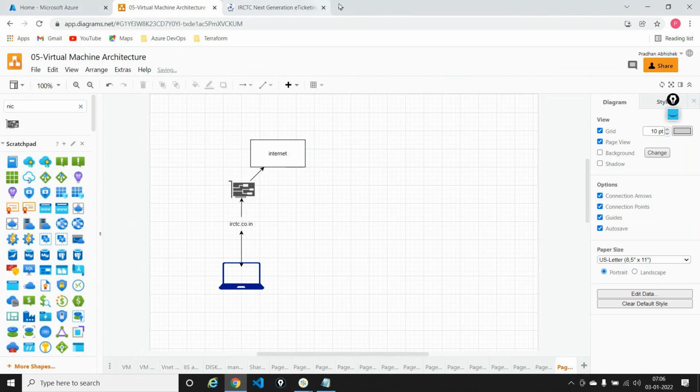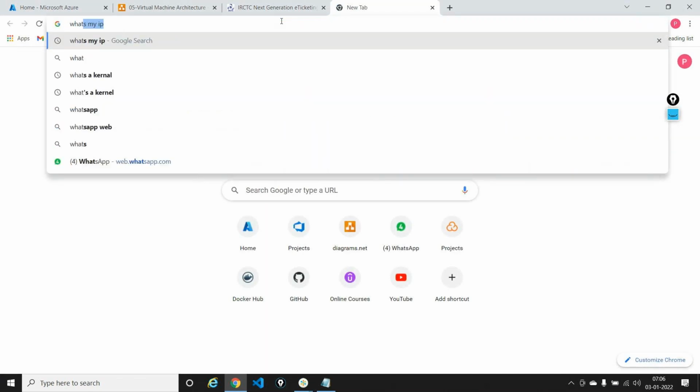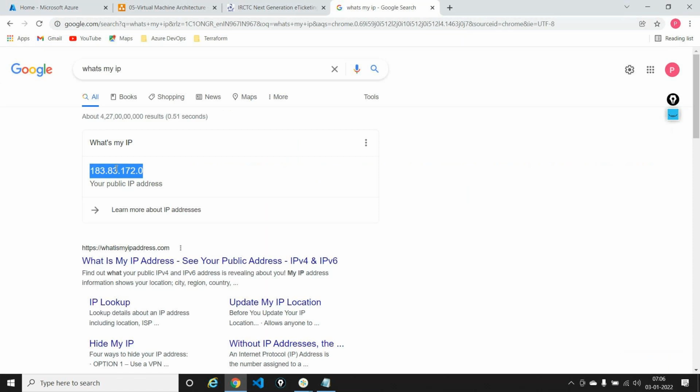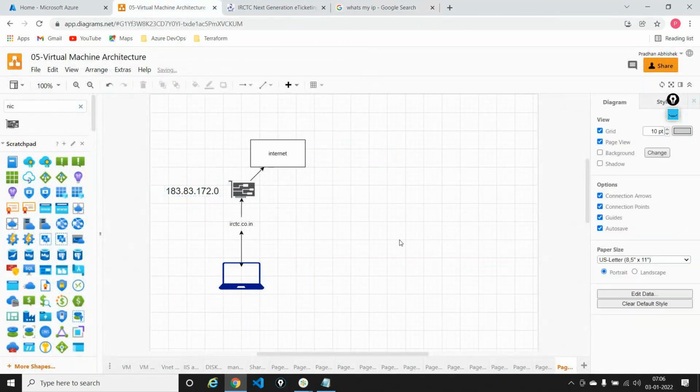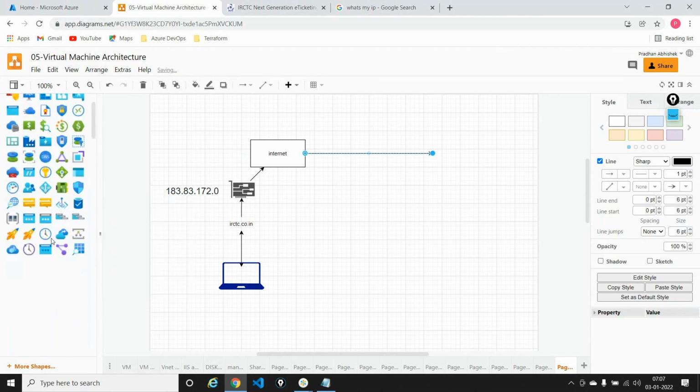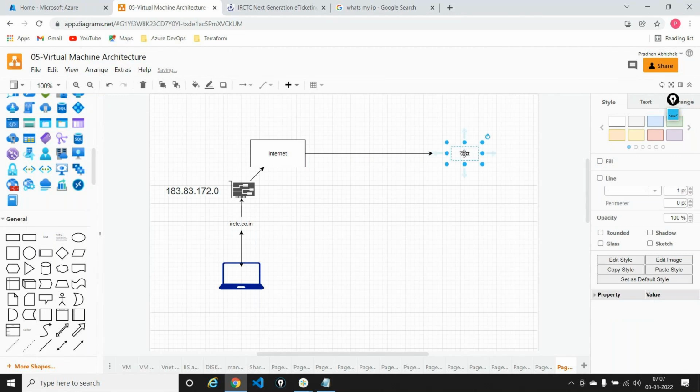So I have an IP address, something like, let's say, what's my IP? So this is the IP address from where I am communicating with the entire world. Meaning this is the IP address that is assigned to the NIC card of my laptop. Because as you all know, NIC cards are actually assigned a public or a private IP. So this is, let's say, the public IP that is assigned to the NIC card of my laptop, and my laptop, using the internet and using the NIC card, is able to do an internet search, and it's able to divert me to the actual website, which is irctc.co.in,